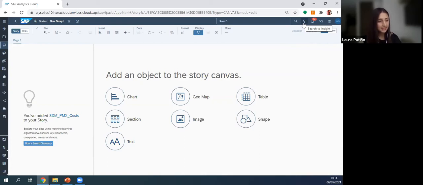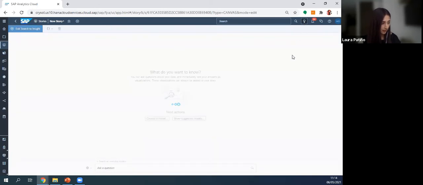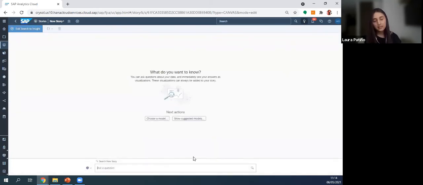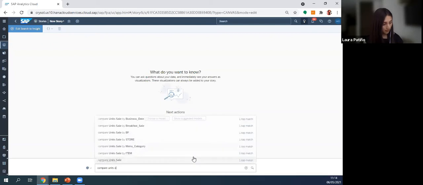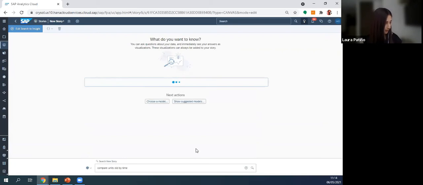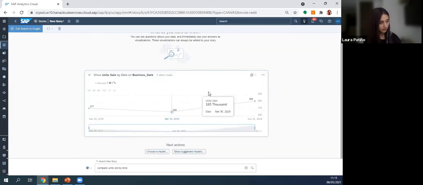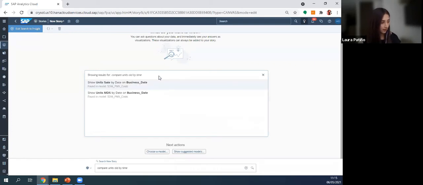You just go to the top bar and select this light bulb, click there. And the only thing you need to do is chat with the platform. So I'm just gonna say that I want to compare units sold by time. As you can see, I misspelled this word, but it actually understood what I tried to say. It is showing me the unit sale. I was asking for units sold, so probably here is the